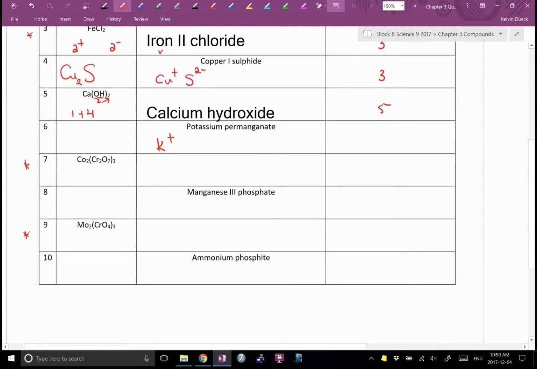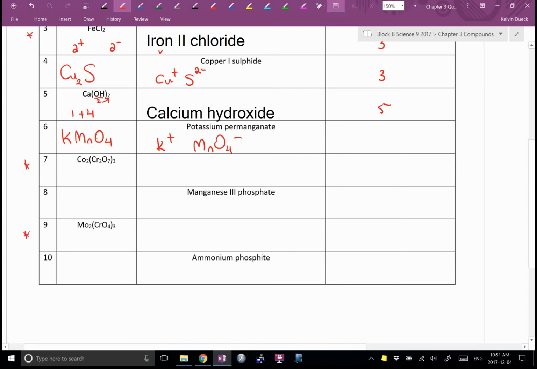I have no idea what permanganate is. MnO4-? This is a nice match made in heaven. It's a 1 and a 1. This crisscrosses wonderfully. So the formula is going to be